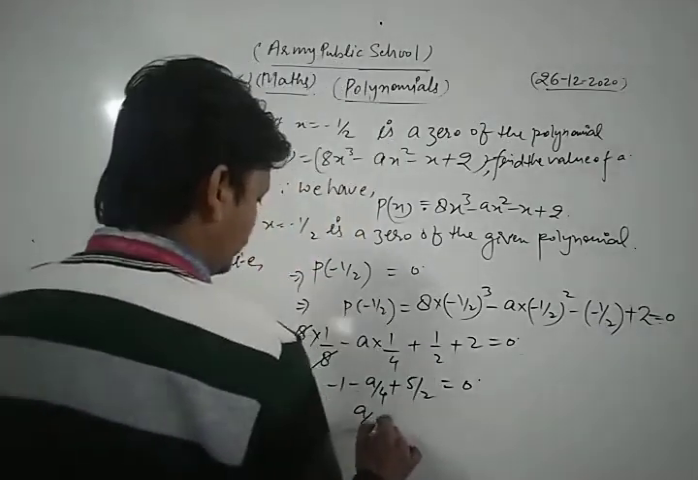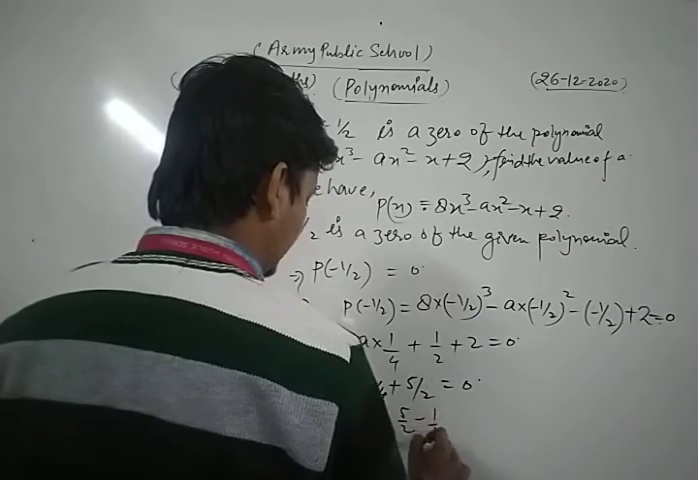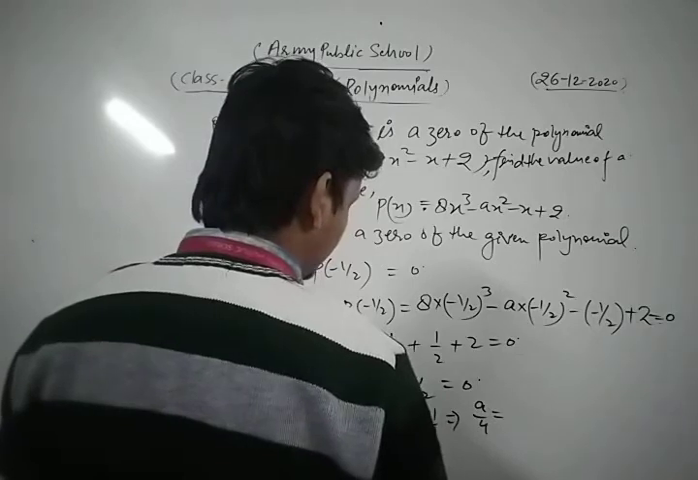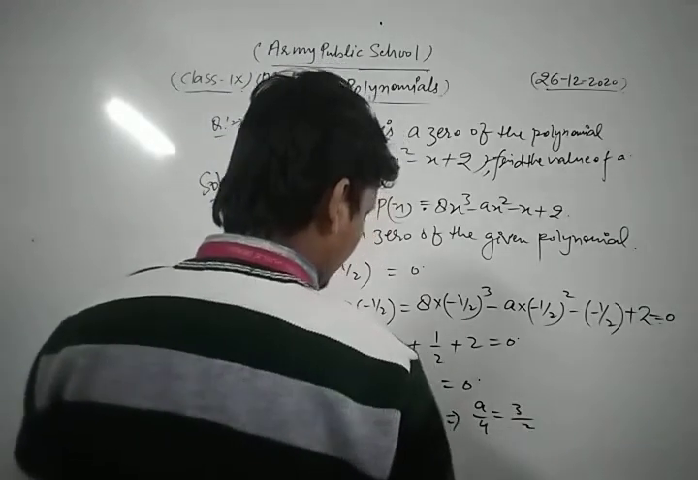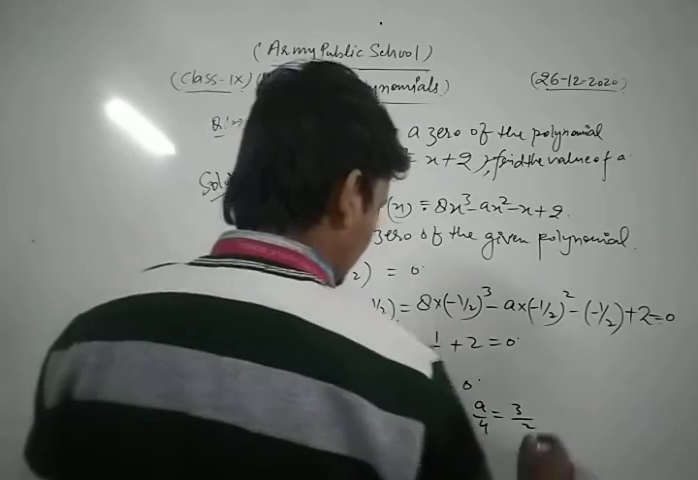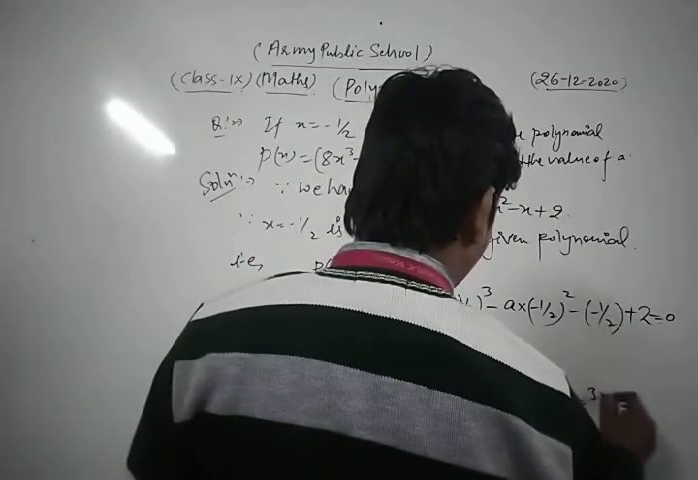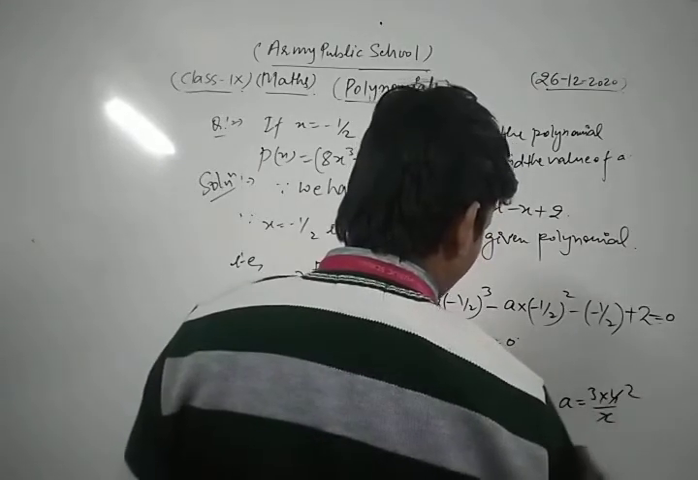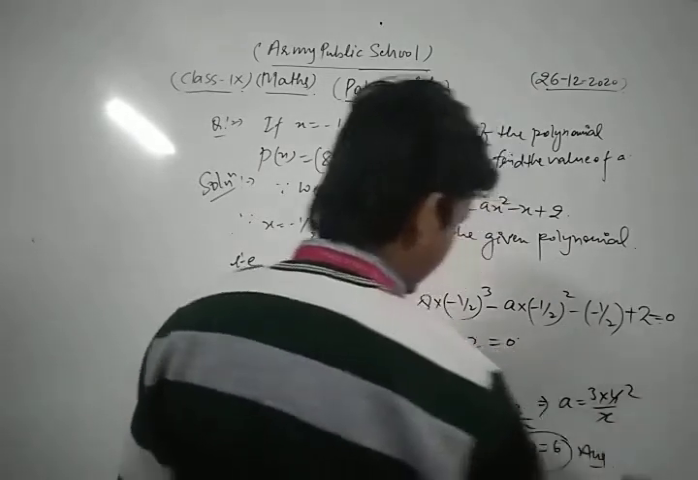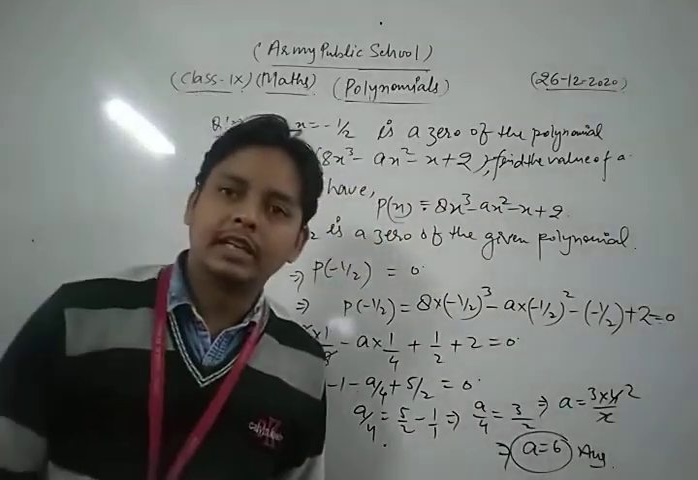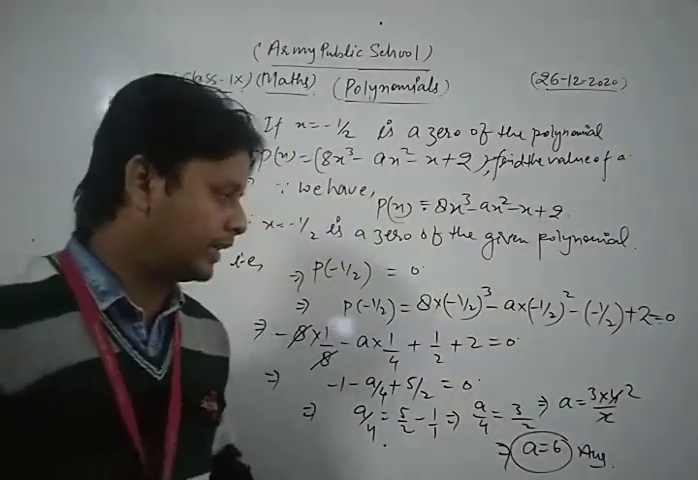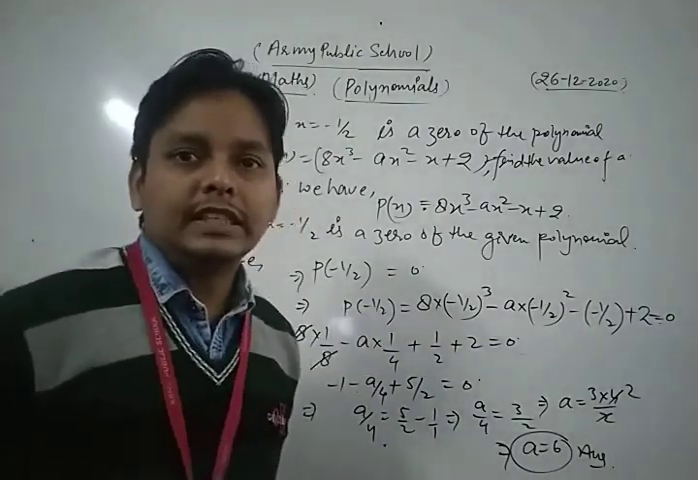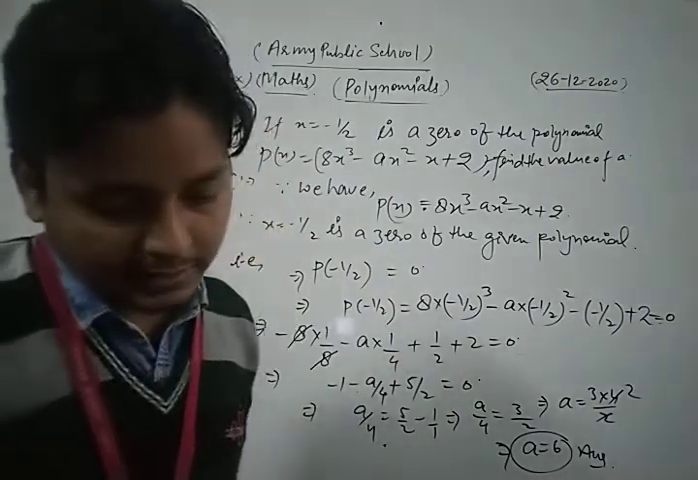Now minus a by 4 we transfer to that side, so we get plus a by 4 is equal to 5 by 2 minus 1. Now we take LCM as 2, so we get a by 4 is equal to 3 by 2. Now a is equal to 3 into 4 divided by 2, which is 6. Thus the value of a for that question is 6. In this way, you can solve each and every question of your NCERT exercise